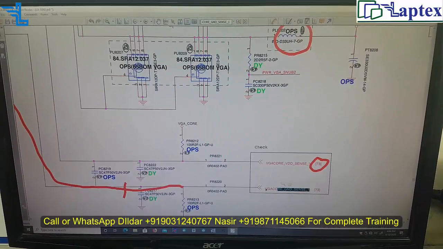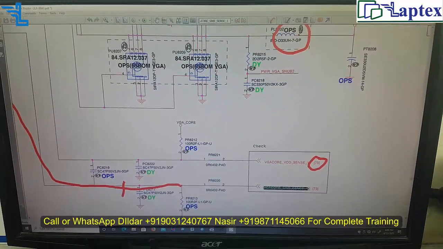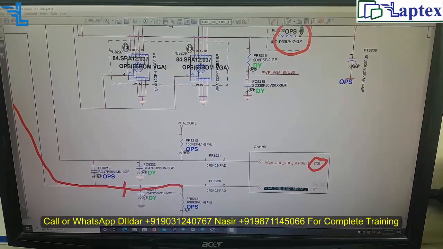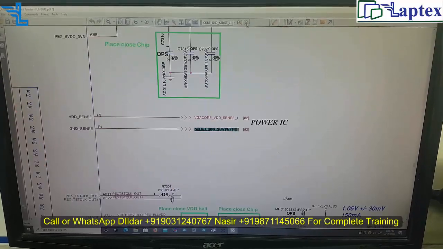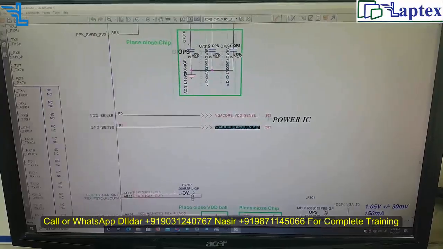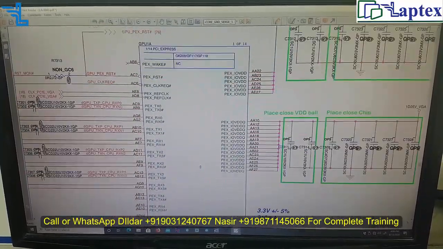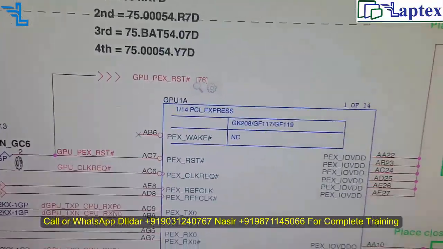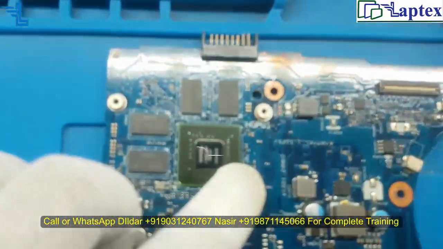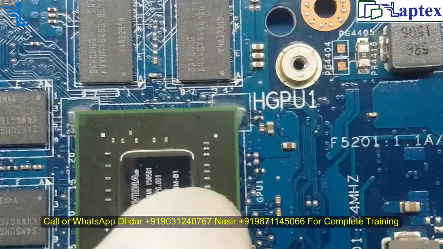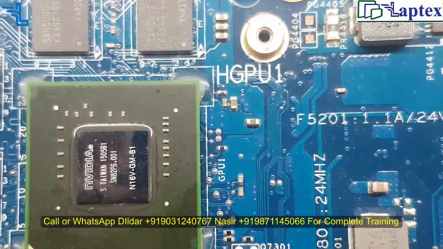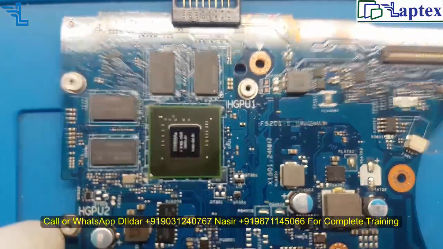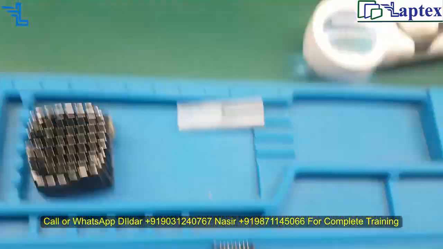You just copy it, and you will find the V sense, the voltage sense of the GPU, and you see that I have also copied it. Now you will find GPU 1. GPU 1 is the graphic here. So it is GPU 1, graphic sense positive and graphic sense negative. Two things are required here, which you always have to check.